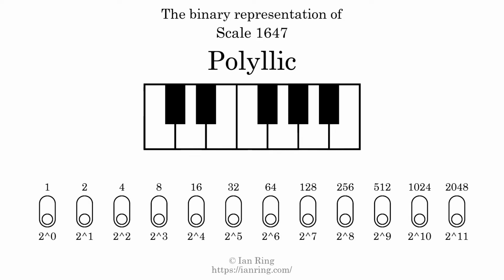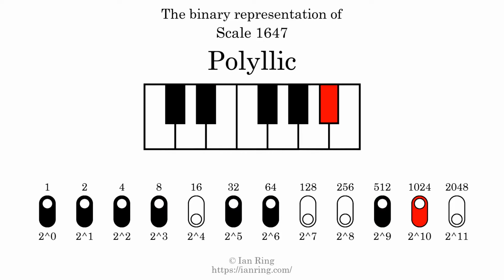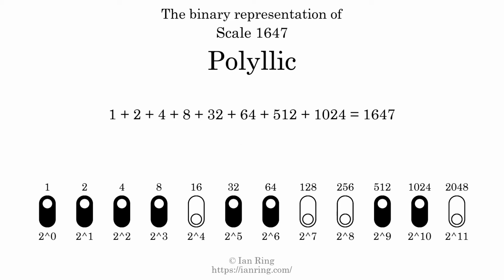The binary representation of this scale is determined by mapping tones of the scale to binary digits. Each binary digit represents a power of 2. To get the scale number, we add the powers of 2 together. The powers of 2 that are present in the scale, all added together, equals 1647. That is why the scale number, in decimal, is